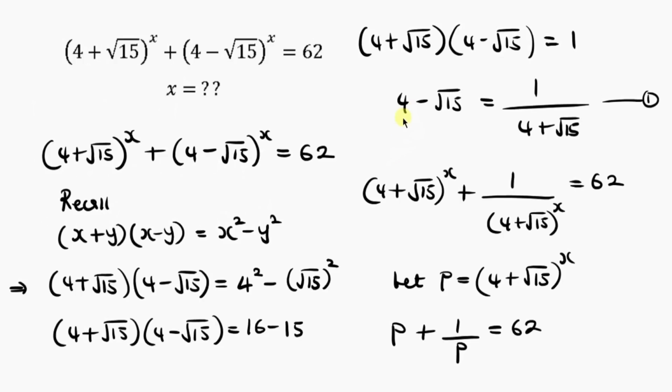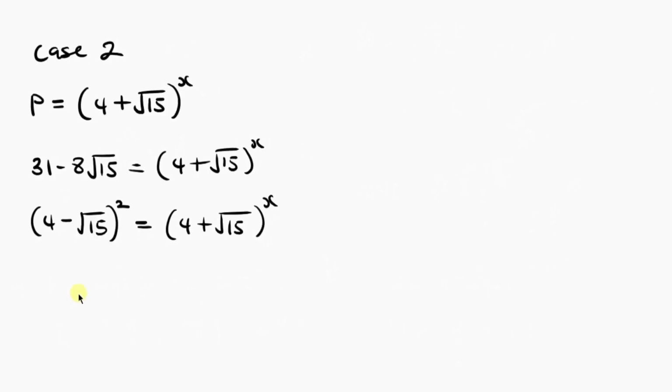Look at it here. We said 4 minus the square root of 15 is equal to 1 all over 4 plus the square root of 15. Is that not so? Very good. So let's express this one like that on the other side. That means this is the same as writing 1 all over 4 plus the square root of 15. And since it is raised to power 2, we also have to raise this to power 2. That is it. Equal to what I have on the right, which is 4 plus the square root of 15